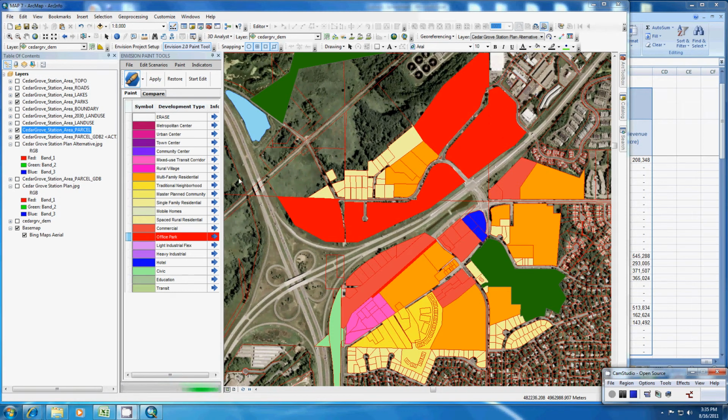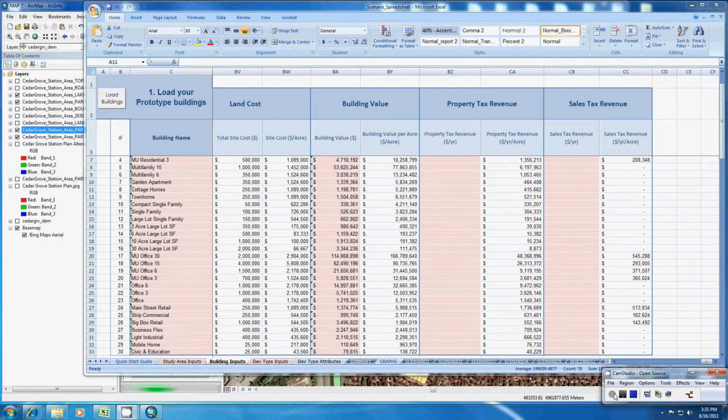Fregonese uses these development types to paint new land use configurations into the scenario. These land use types can be modified or created in the Excel workbook supplied by Envision Tomorrow. In order to create or modify a development type, all building prototypes within that development type must be created, and